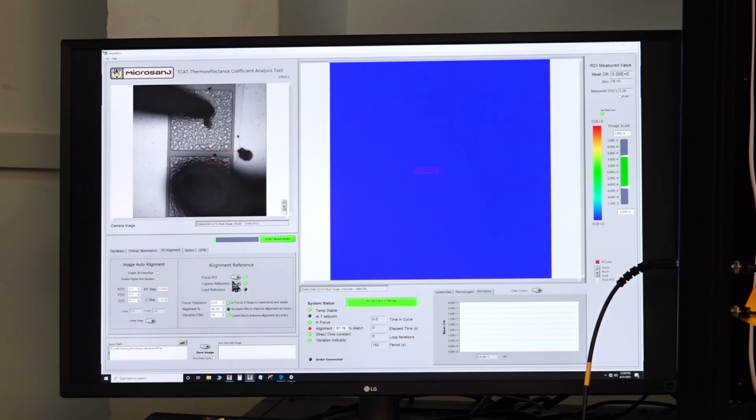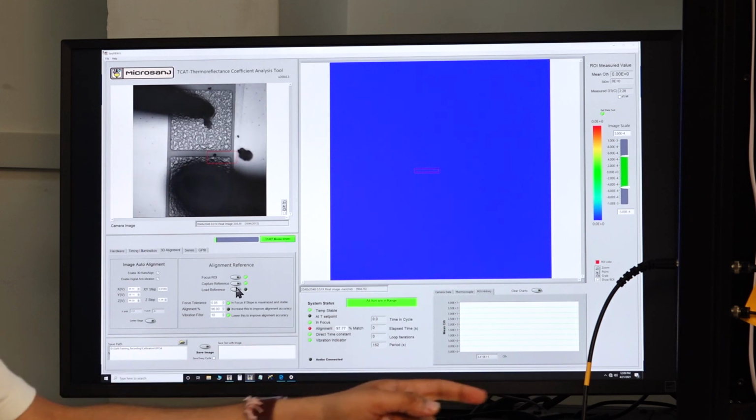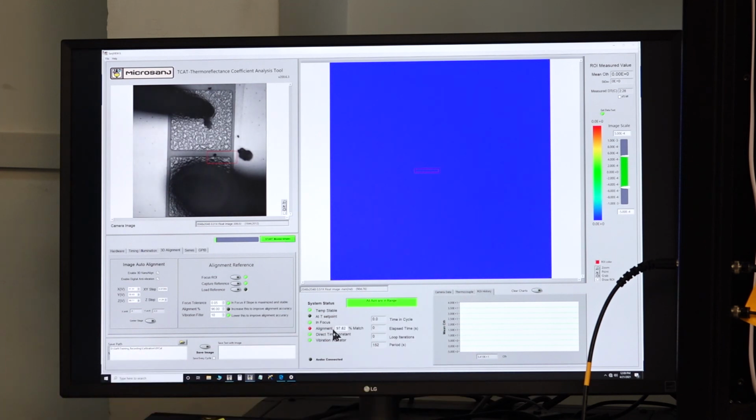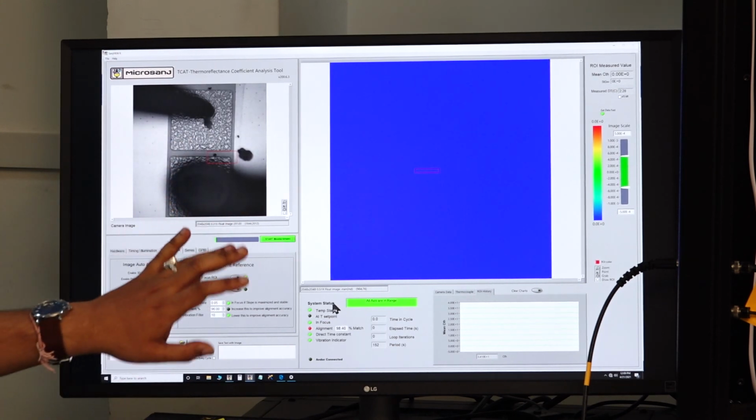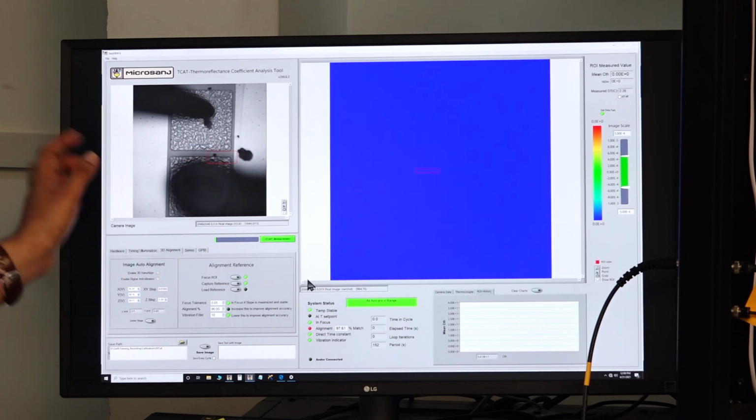And this capture reference will try to align the image using the piezoelectric stage, and it will generate a score. This alignment score shows how well the vibration is cancelled, or how well the image alignment remains throughout the measurement. So we should increase this as high as possible. In this case, as you can see, the alignment score is 97.5 to 98%. It should be as high as possible.